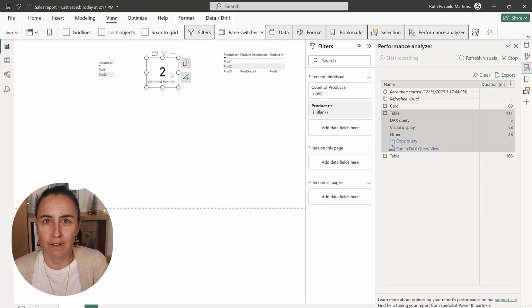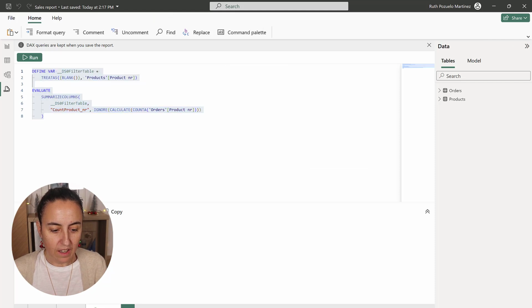This counts the number of missing products. And if you do the performance analyzer run, go to the DAX query, it will give you a query that will return 2, right? So beautiful. So I'm going to get this, copy,